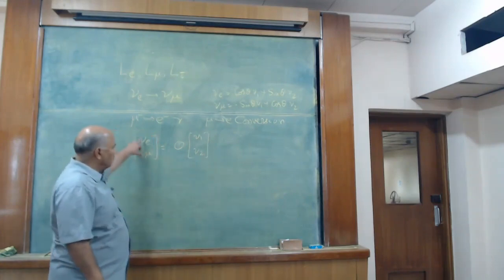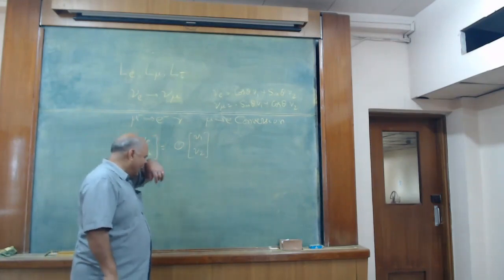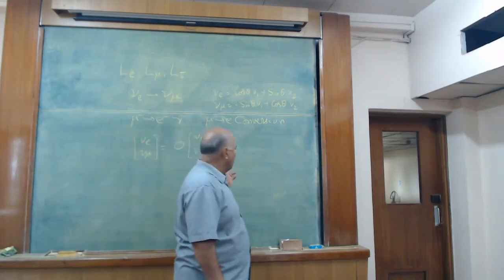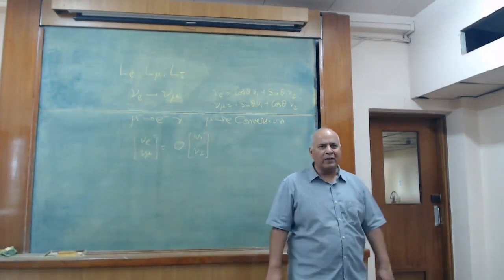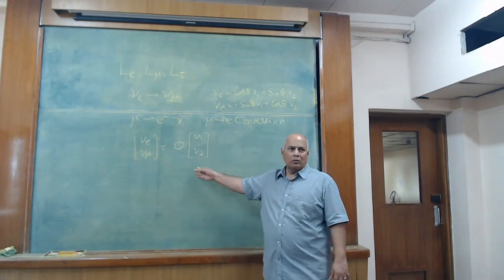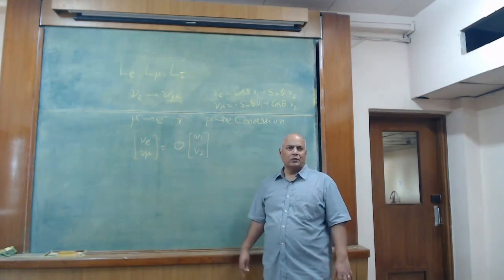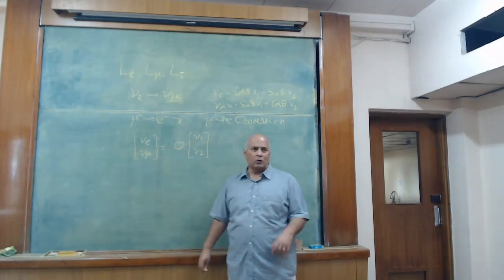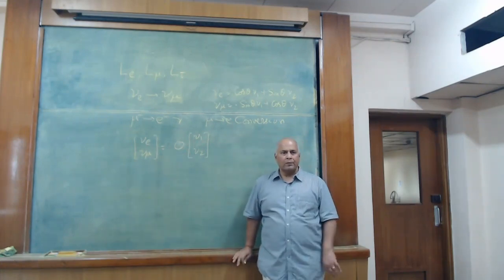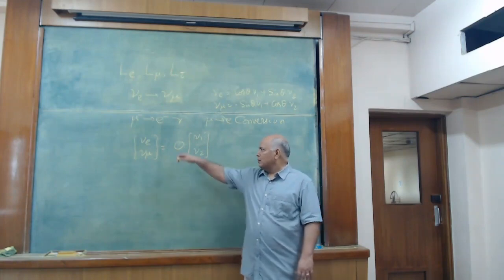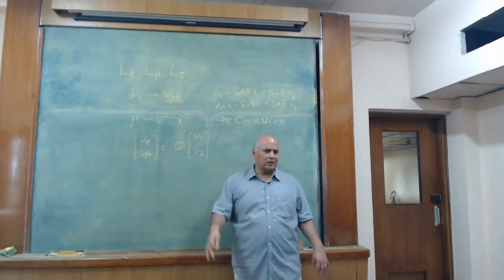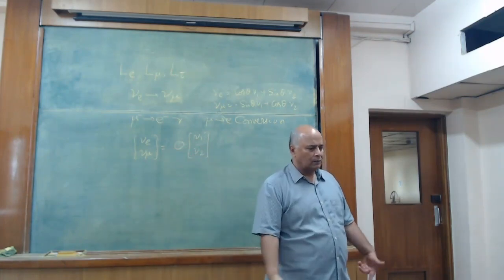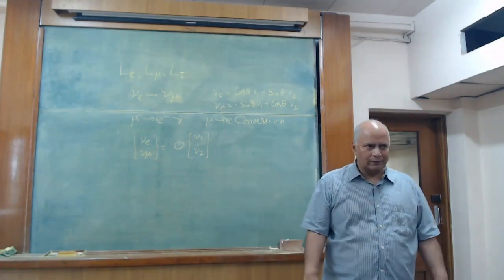So I have two states nu e and nu mu, and I said those two states will mix to form two other states nu1 and nu2, and the relation between them is given by an orthogonal matrix. And I said this matrix should be orthogonal based on probability conservation. However,